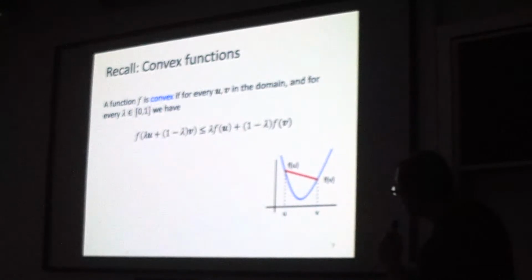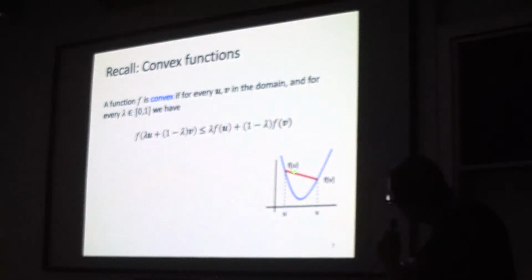So I visualized the idea of this inequality before, right? If you take a look at this convex function, here are two arbitrary inputs u and v. Any point in between can be viewed as a convex combination of u and v according to some lambda. On the left-hand side, if you evaluate the function at this convex combination of the inputs, it's here. But if you take the convex combination of the function values, it will be here,